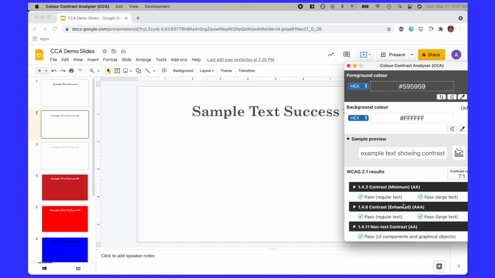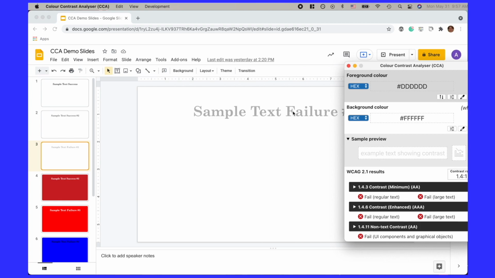And therefore we still meet everything, even though it's a lot lighter than the black text that we saw earlier. So again, just comparing, this is the black and this is the lighter text. Now if we go too light, like this type of gray text, we will start to fail some of these guidelines, and we can see that here as we fail them all, because this is only a 1.4 to 1 ratio, which is very low, because keep in mind white on white is 1:1.